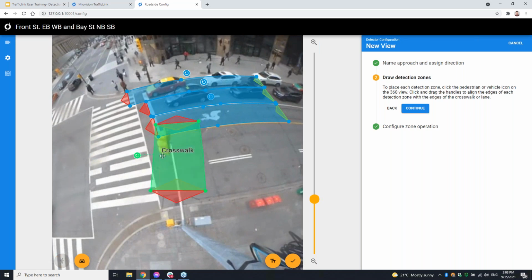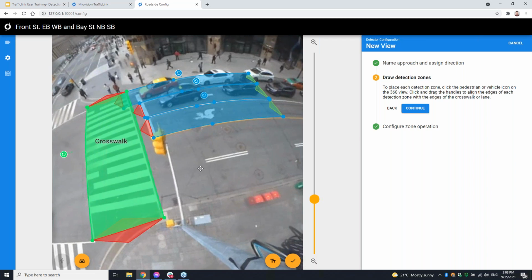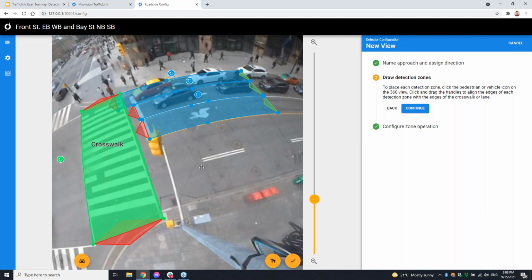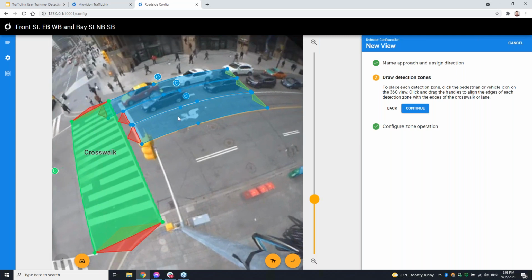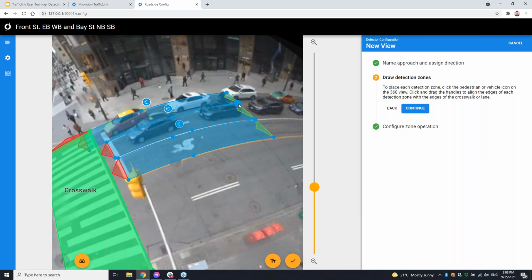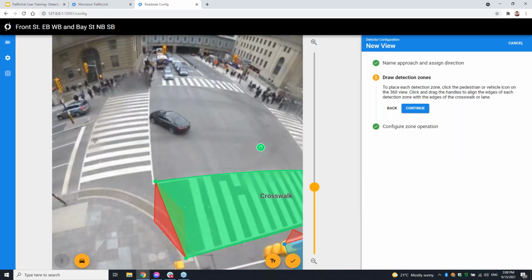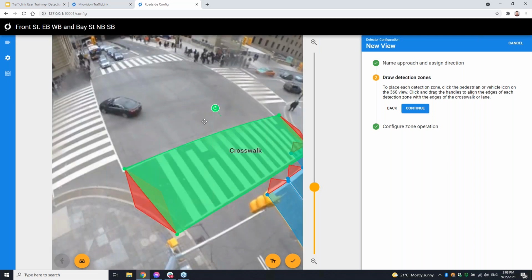Let's add a crosswalk again. And notice with the crosswalk zone, I am going curb to curb. That's really just for getting the full range of that crosswalk. You could add some margins to it, but that's fine. You'll notice here I didn't overlap any of the zones. I do know that they're actually not on this approach. Maybe it was on maybe not this intersection.